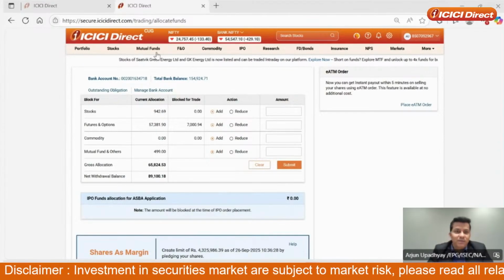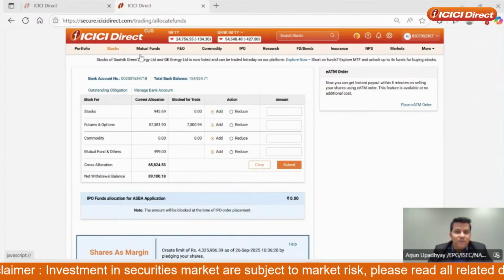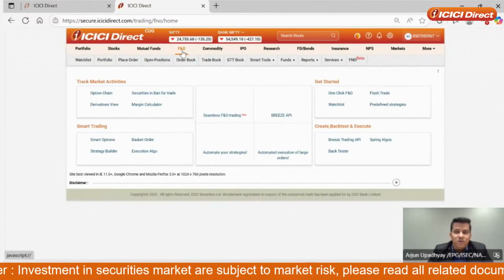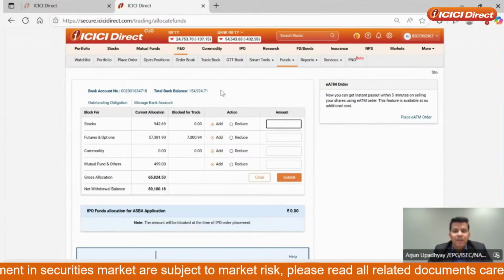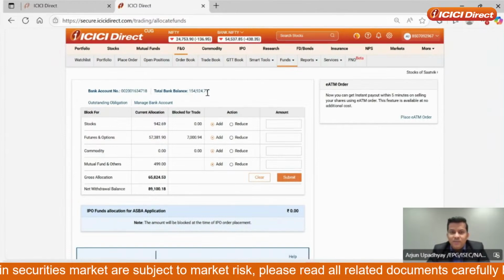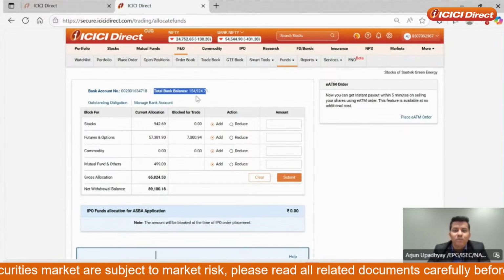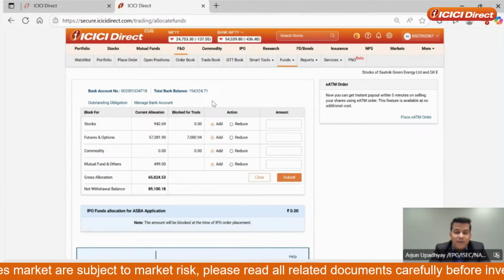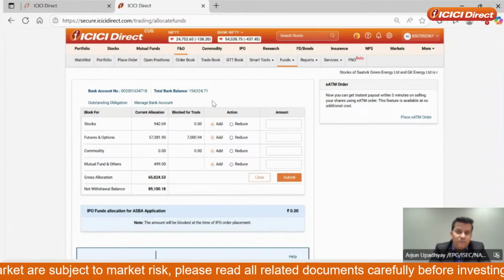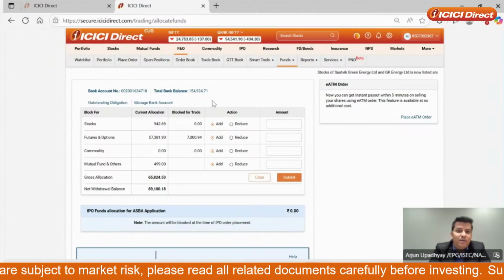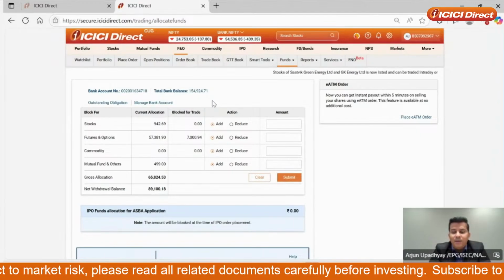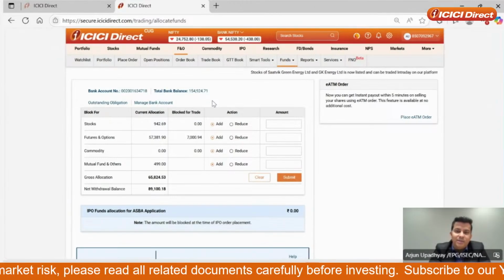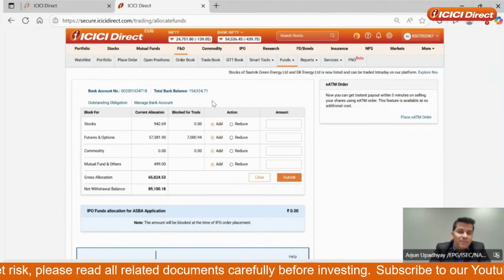So this is the screen on the ICICI Direct platform. The way you reach here is you click on F&O, you click on funds, and you see allocate funds. Now, what happens on the screen is pretty self-explanatory. You can see your total bank balance. Now, the beauty of the ICICI Direct platform, and most of us on the call here have 3-in-1 accounts, right, is that when you set up your 3-in-1 account, your DMAT and your savings bank account are set up with the bank, and a trading account is opened at ISEC. And all these three happen seamlessly.